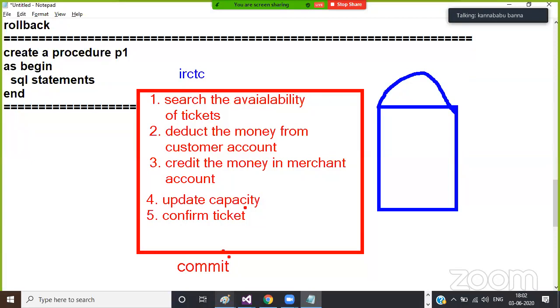If either of the queries is not executed successfully, then what to do? Roll back. For example, up to step number 2, the queries are executed successfully. 2 queries are executed successfully. But what happened? After executing these 2 queries, an error occurred. Is it clear? So money was deducted from the customer account, but money is not credited in the merchant